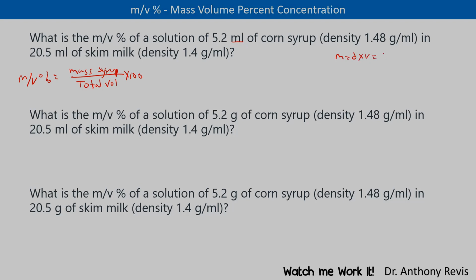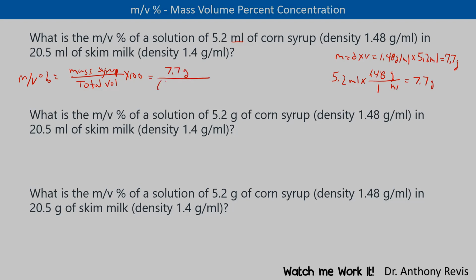And we can put these numbers in: 1.48 grams per mL times the volume we have here of 5.2 mL. If we punch this number through, we will get 7.7 grams. Alternatively, we could do this by dimensional analysis: 5.2 mL times grams on the top, mL on the bottom, using the density, 1.48 grams per 1 mL, and we punch that through, we get 7.7 grams. So the mass of the syrup is 7.7 grams, divided by the